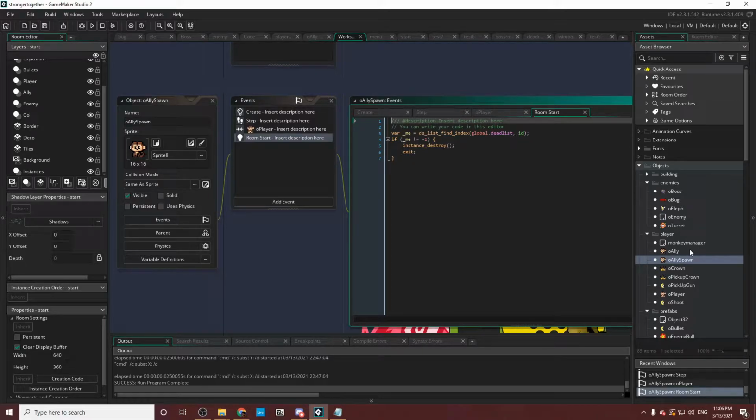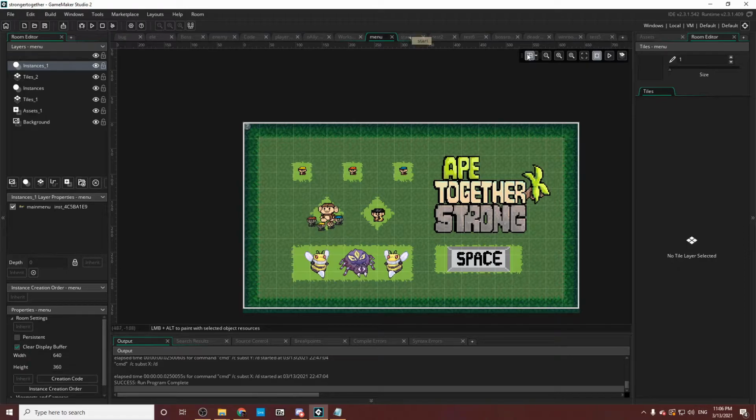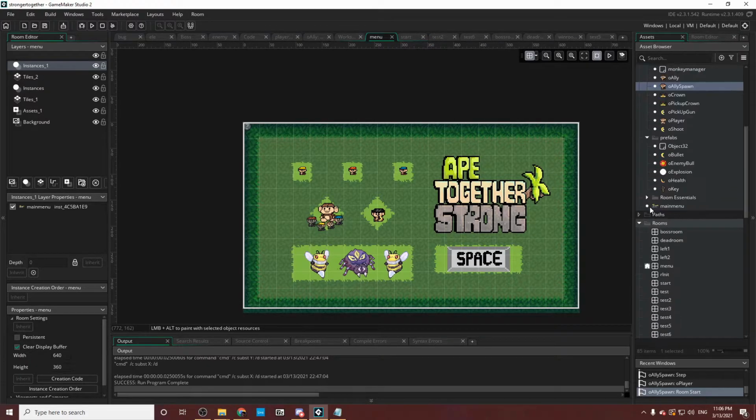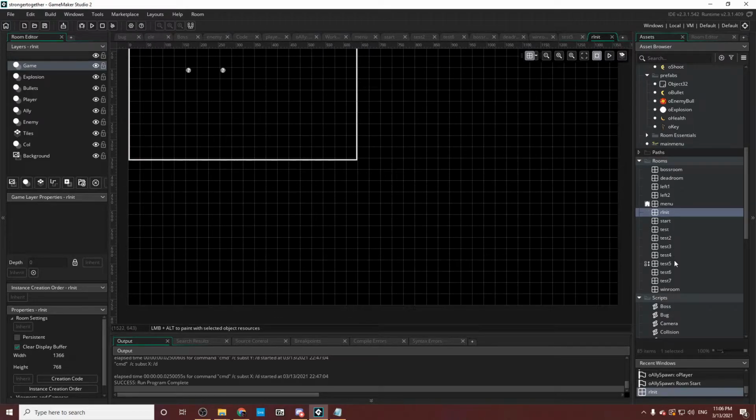Now, with level loading, let's go into the menu, I think? Or was it R and it? Okay, it's either one of those. So